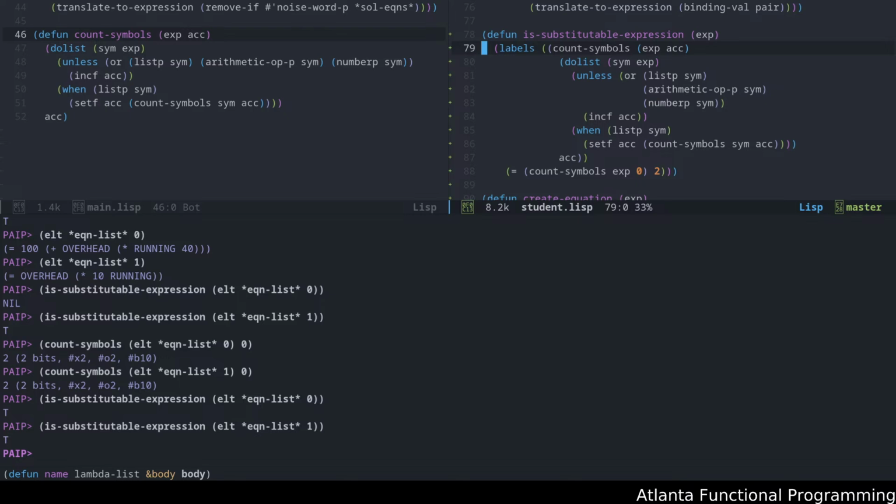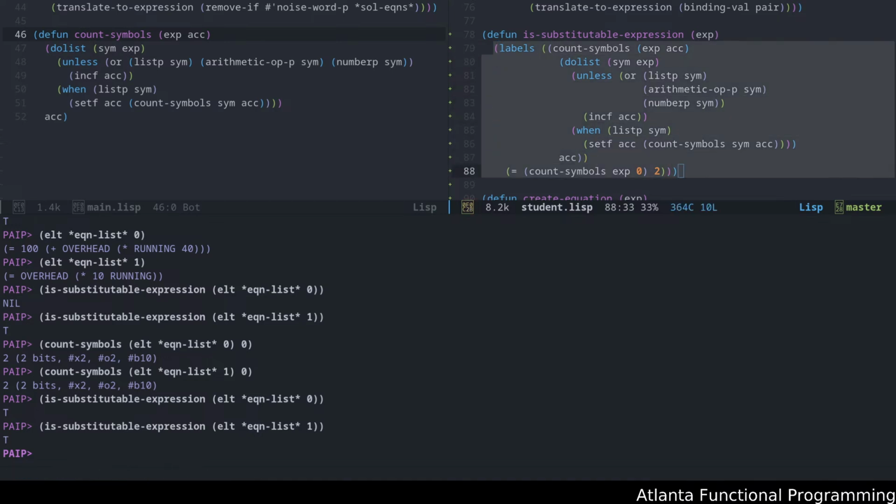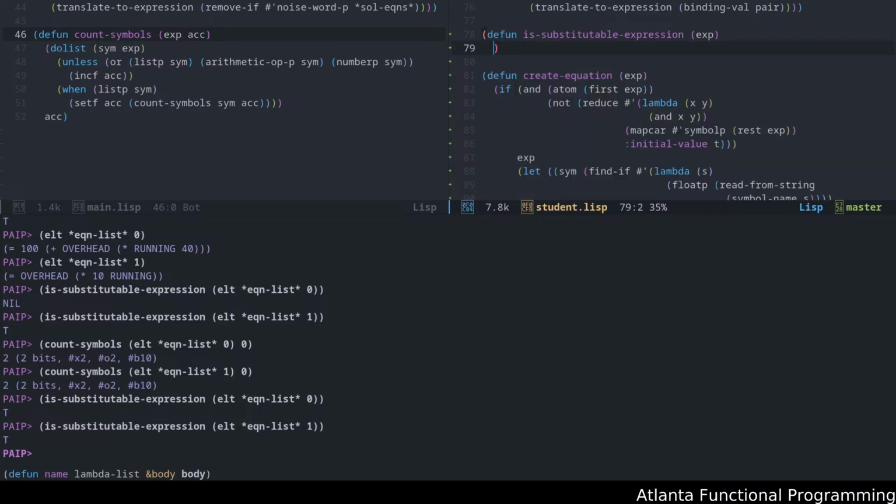So what we want is for the predicate to be the following. If we have if and, okay, so we should really write this as a cond. Cond, if arithmetic operator